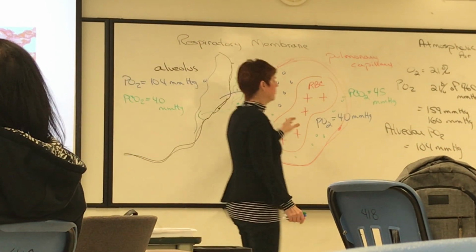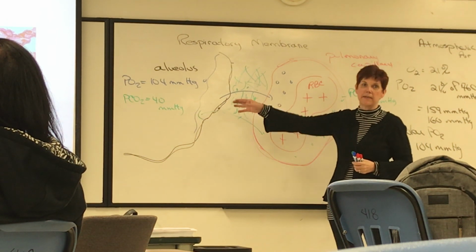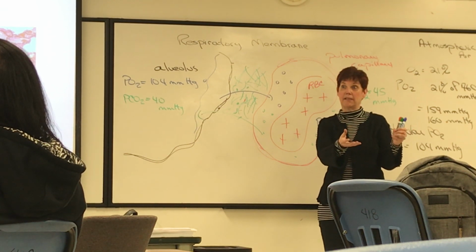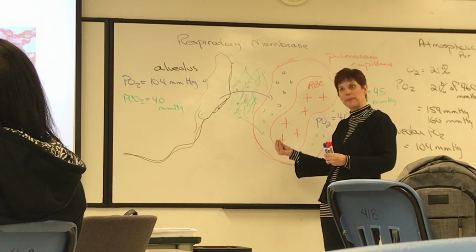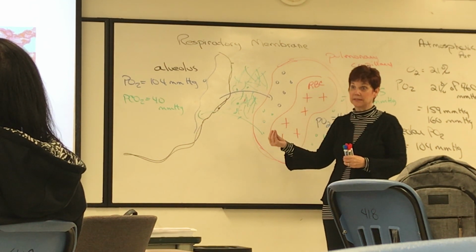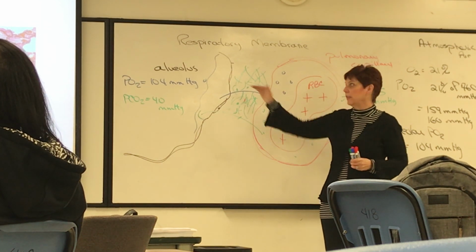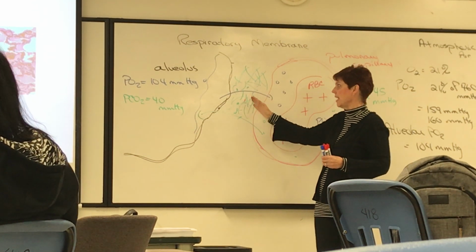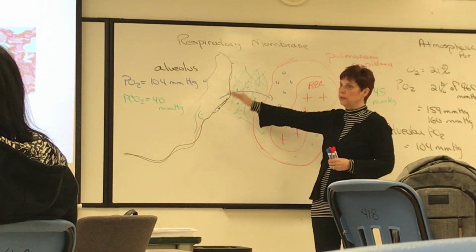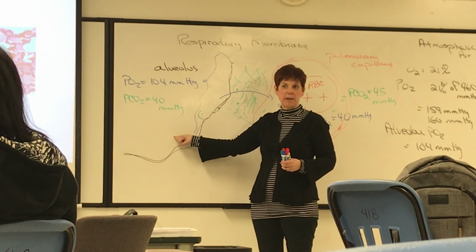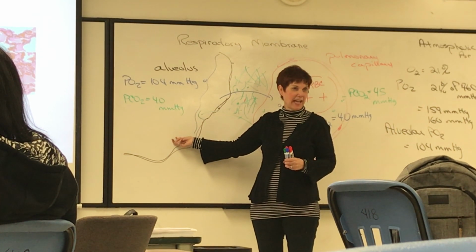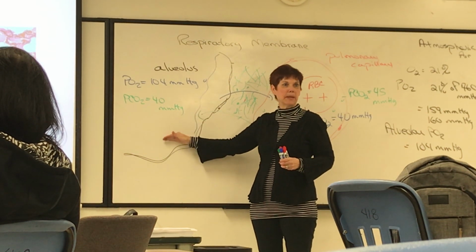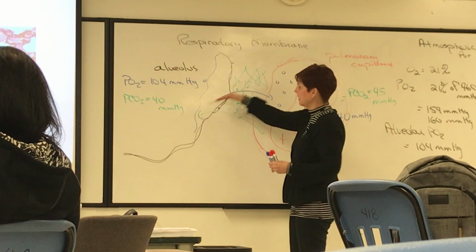So we need to increase the amount of oxygen moving in. That's a little easier to do than increasing the amount of CO2 moving out. What can we do to increase the amount of oxygen moving in? Give them more oxygen, all right? So a cannula with, instead of 20%, maybe 30%, all right, or a higher pressure, pushing air into their lungs. We can't do anything about this physically. We can certainly help to get rid of the fluid, but as far as CO2 moving, the best that we can do is to decrease the CO2 on this end by better ventilation, okay? So deeper breaths, getting them to breathe more deeply and more often to get this air out and keep the PCO2 in the alveoli lower. That's going to increase the gradient